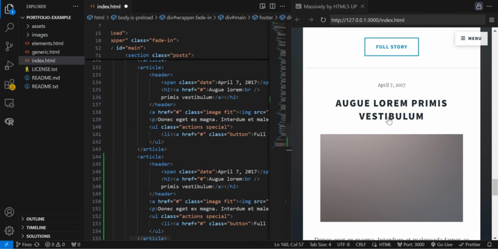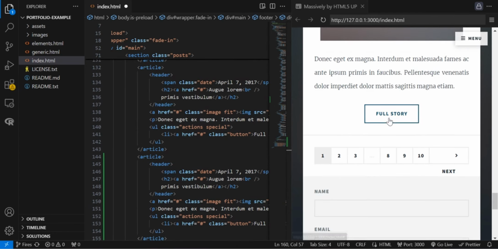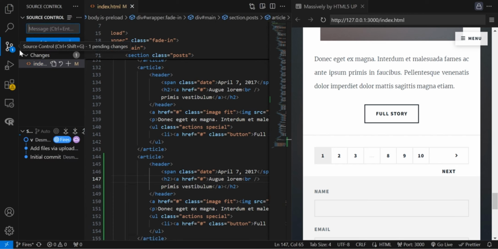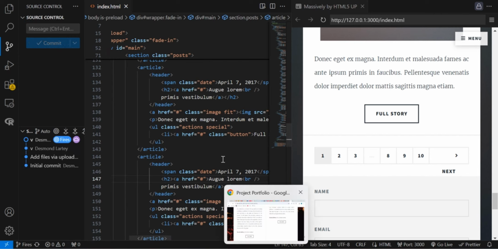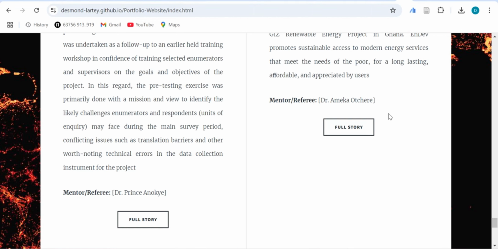And so you see that this in the show live here will not show on your main web URL. So make sure that if you make an edit, you just save, Control S, you come to this button, the source control, you just say maybe added a new project. Normally I don't waste time on it, I just put V and then I press commit, then I will synchronize. Once you synchronize from your local machine, that is it.